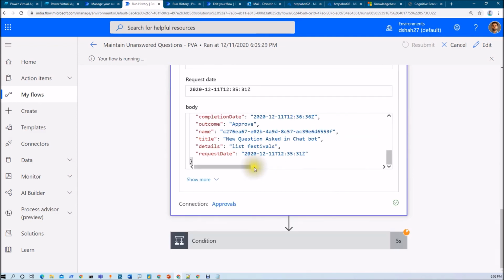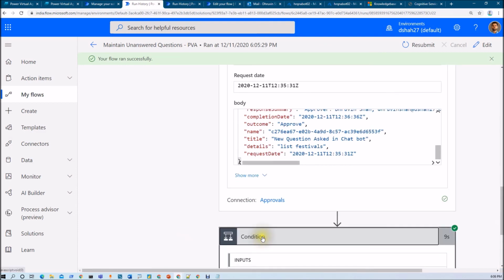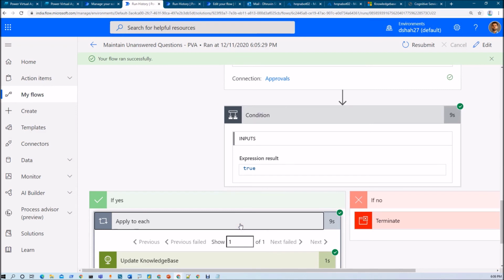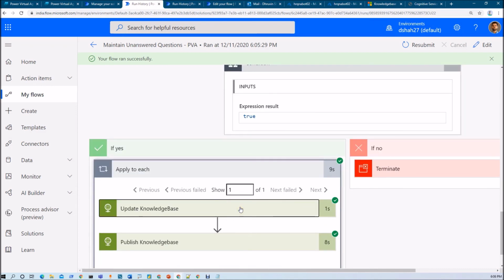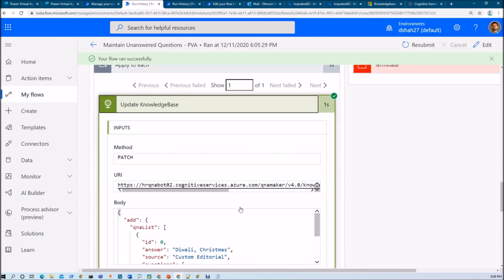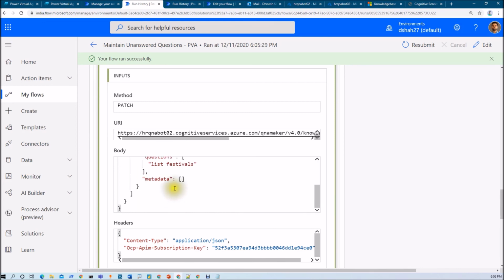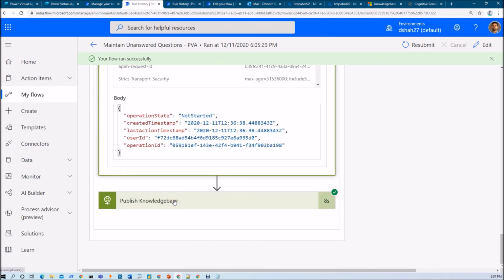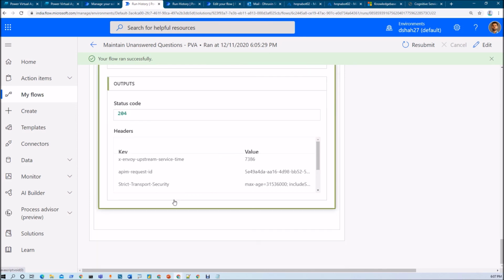And it will go to this condition, that the approval status is true. Then whatever comment we are getting here, it will update my knowledge base according to that. So this is the answer and this is the question, and after that it will publish my knowledge base as well. Right, now let's check the same thing with our knowledge base.